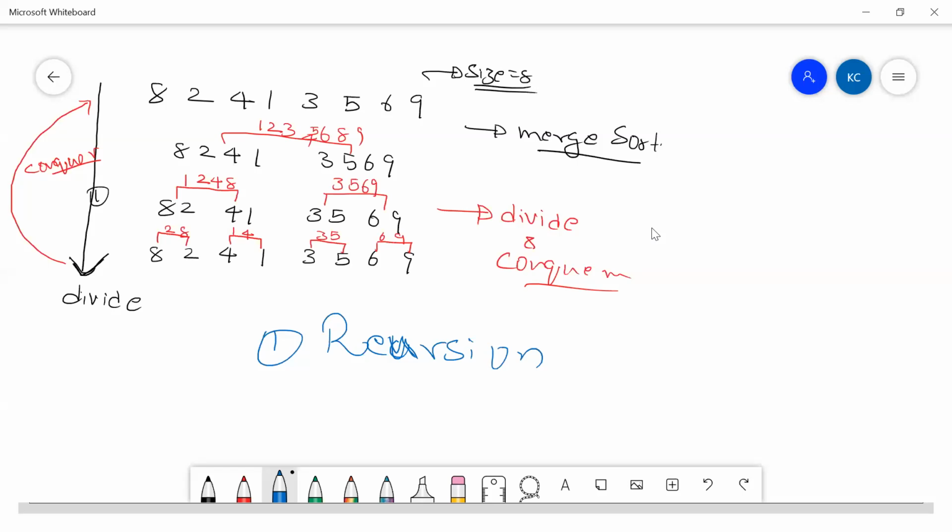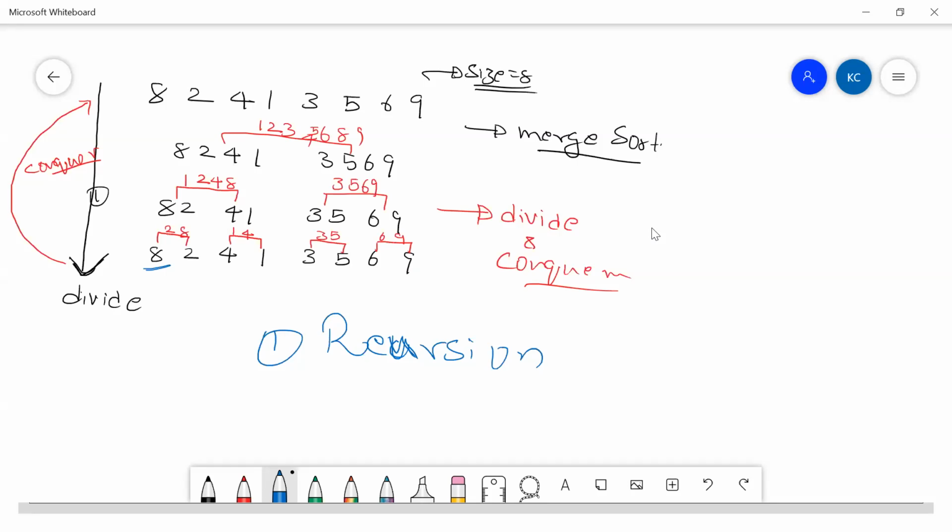I have taken a bigger input with this function. Now I call it two times with a smaller input. Again, I call the same function with one more, and again with the smallest. So for every call, I try to reduce the input size as much as possible. And whenever I come to a condition where I cannot reduce any more, that becomes a base condition. When I have come to a base condition, then I return back. While I'm returning back, I can do whatever I want. That is called the conquer technique.